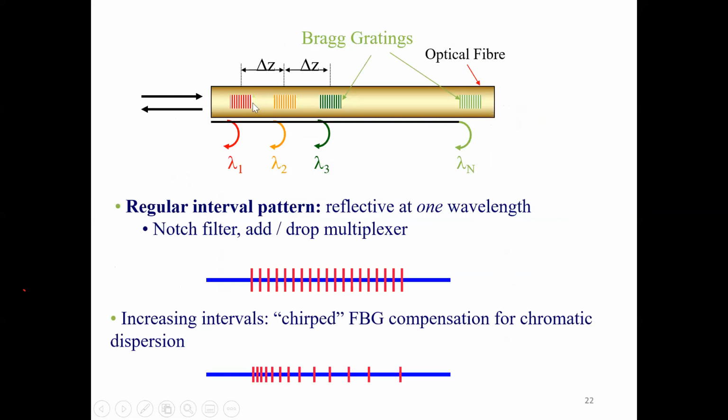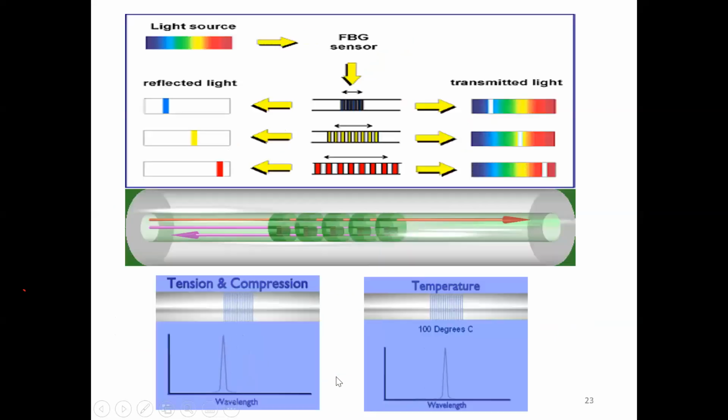So this is a regular grating where we make a grating at regular intervals. There are some new applications where we make a chirped grating. What is chirping? Chirping means we don't make the grating at the same interval. The period will be different. You can see the period of the grating in the figure below. The gratings are very near to each other initially, but as we go along the length, the gratings become farther and farther apart. So you can see how this grating works.